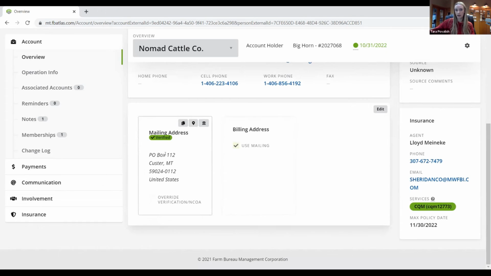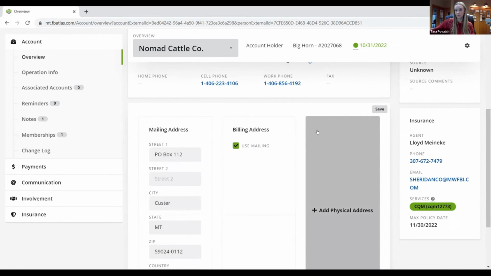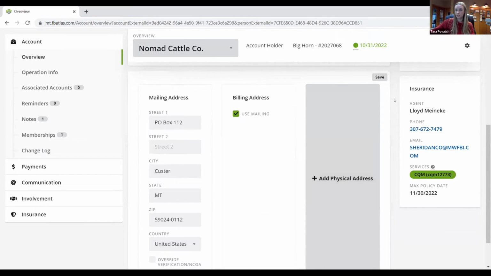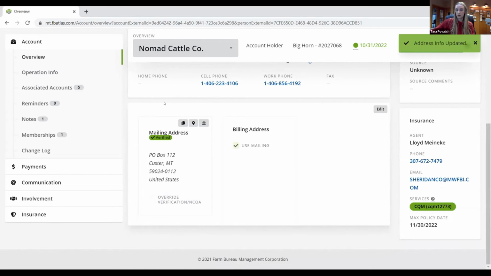Below here at the bottom, you'll see we have different boxes for their mailing address, their billing address, and then you can even put in a physical address if, say, you have a PO box mailing address but you want to give us your physical address too. You can add that. You can see that I just clicked edit, and then it pops up there, and then you change it, and you can click save. And you'll see this little box right here. That just means that the post office has verified this is a real address.